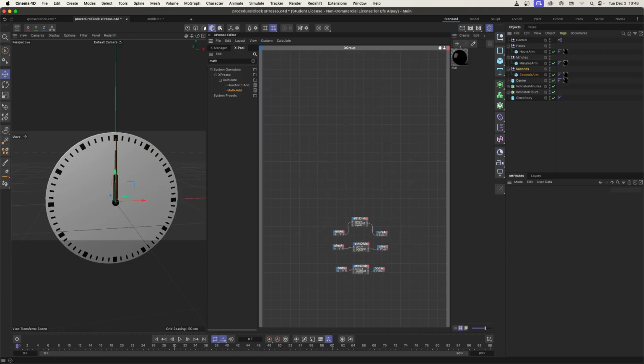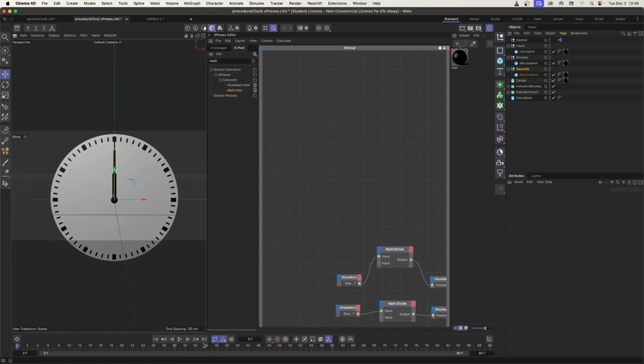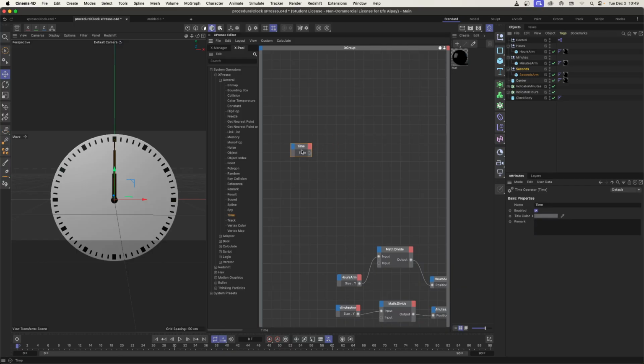And also, for example, when I hit play, I want this to be automatically rotating. Okay. So for now, nothing happens, but I can use this progression of time in the Espresso editor as a driving force for the animation. Okay, so to find that, there are system operators, Espresso, general, time. There's a property like this. I can use the time operator, drag this,